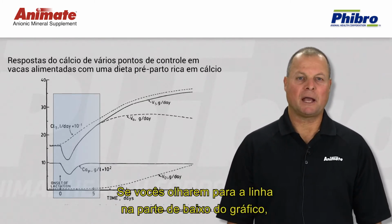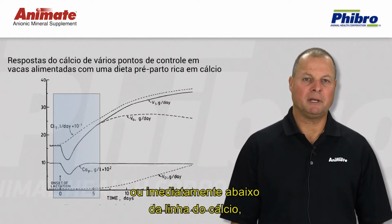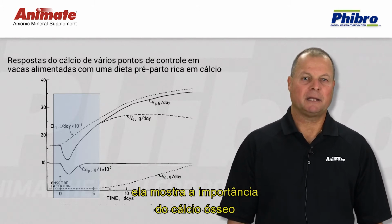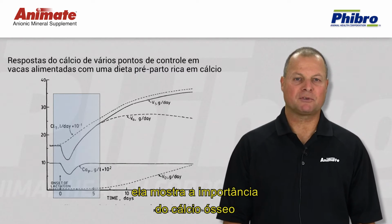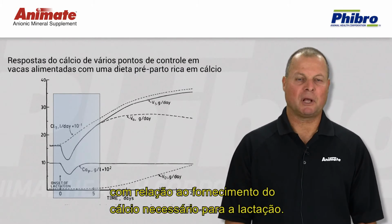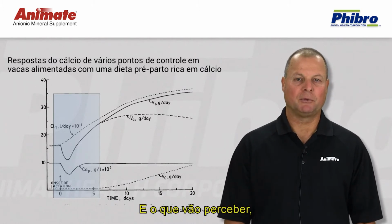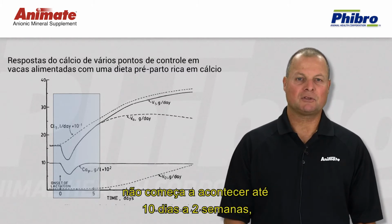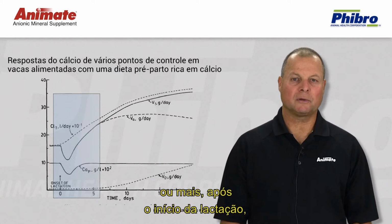If you look to the line on the bottom of the chart, or immediately below the calcium line, that line depicts the importance of bone calcium with regards to supplying the needed amount of calcium for lactation. And what you will notice, the supply of calcium that is derived from bone does not start to occur until 10 days to 2 weeks or longer into lactation,